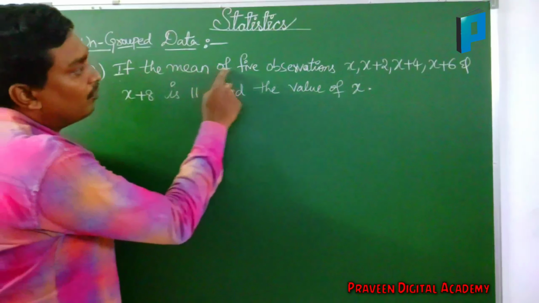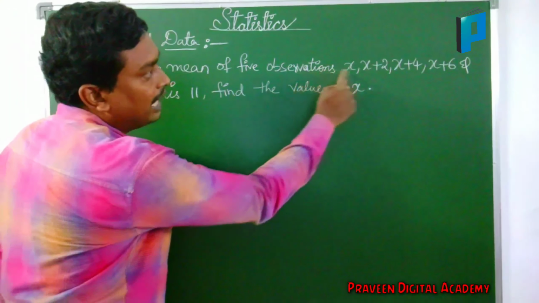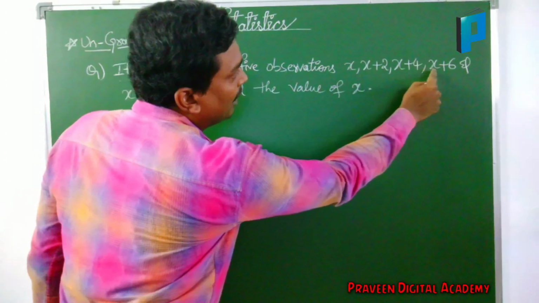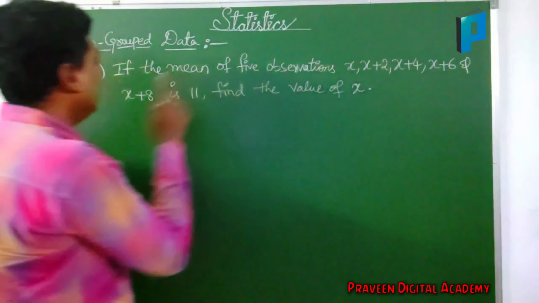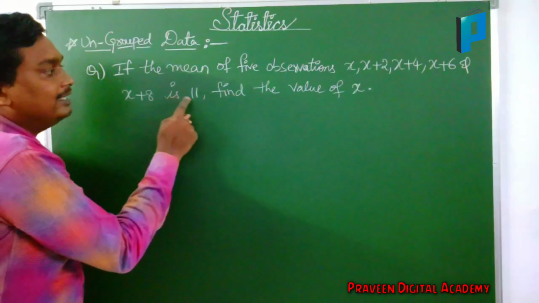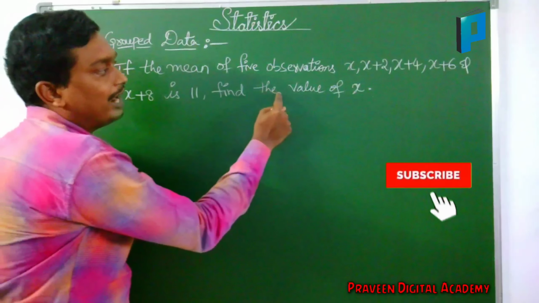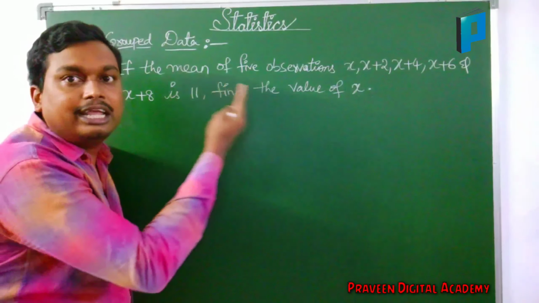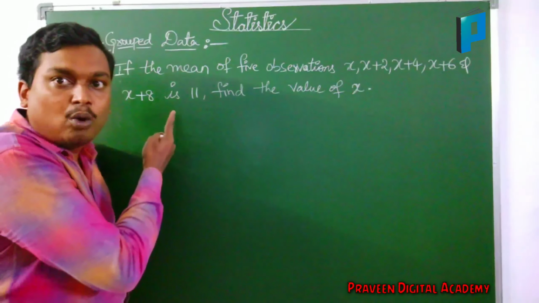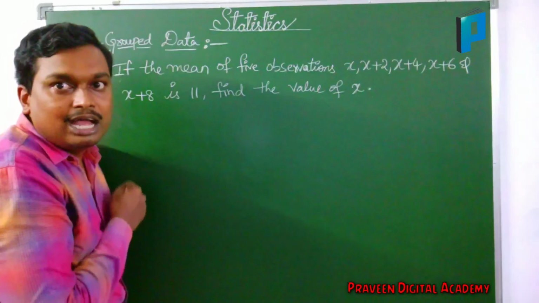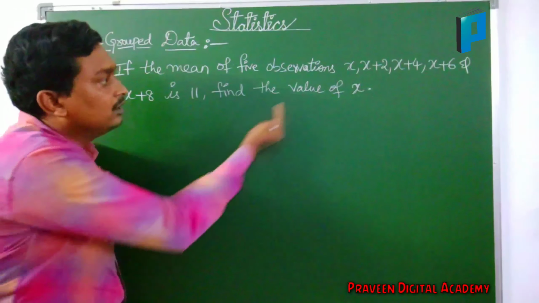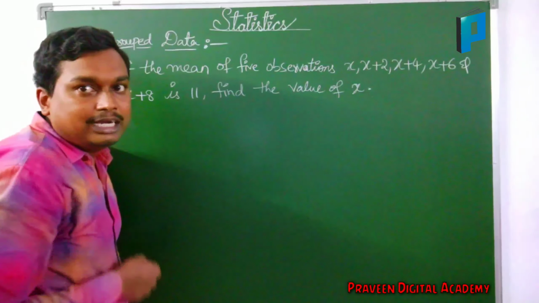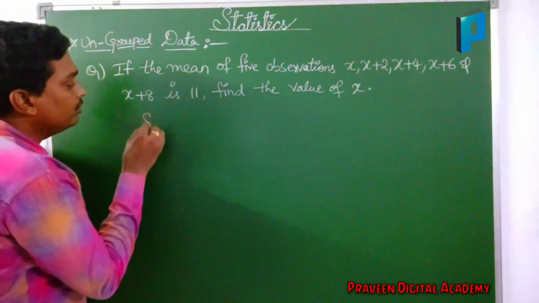if the mean of the 5 observations x, x plus 2, x plus 4, x plus 6 and x plus 8 is 11, then find the value of x, they are asking. Here they gave the observations and also the mean, and we have to find the value of x. How to do this problem? Let us see now. Here, solution,